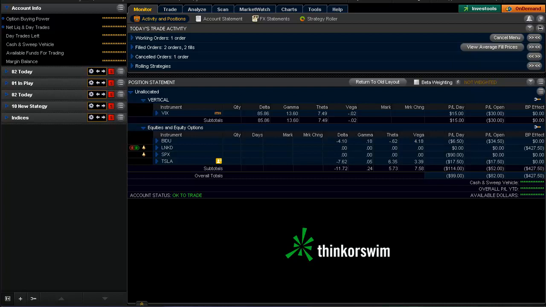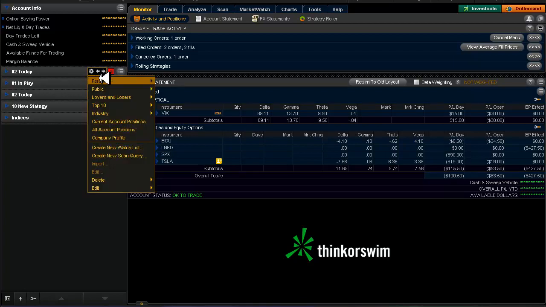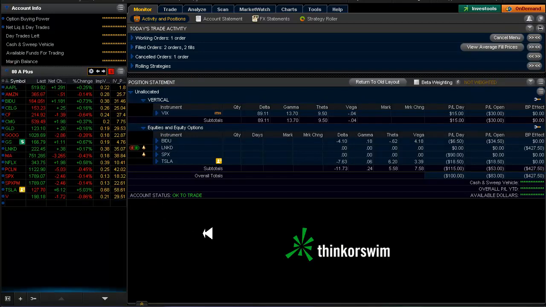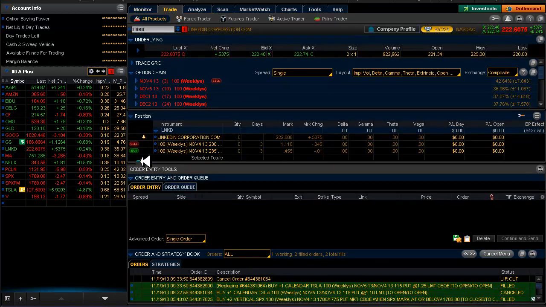Alright, just a little bit of a summary here. I had talked a little bit in the past about adjusting the A plus list and going through it to see what can be done to get some stocks, underlyings, in here that have a little bit higher IV percentile. Now, IV percentile is basically, if you go over to the trade tab here,